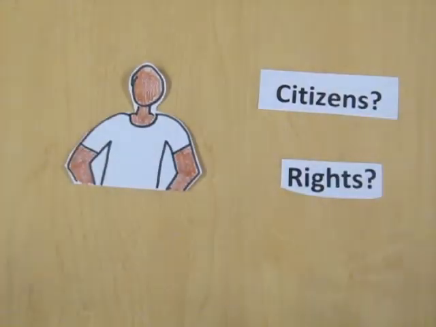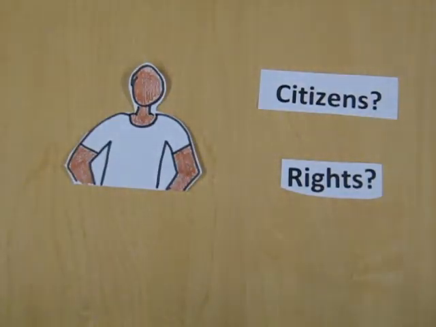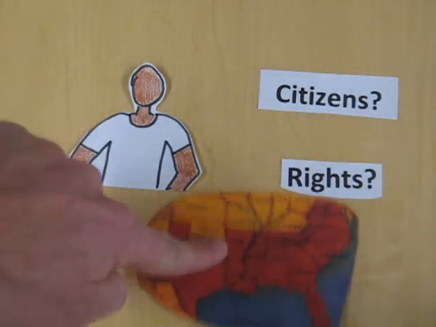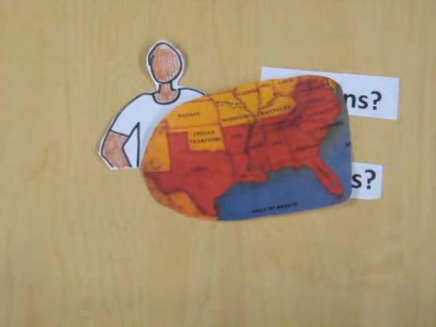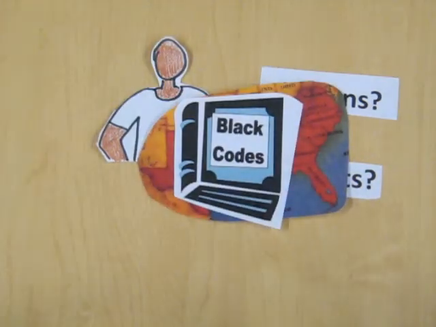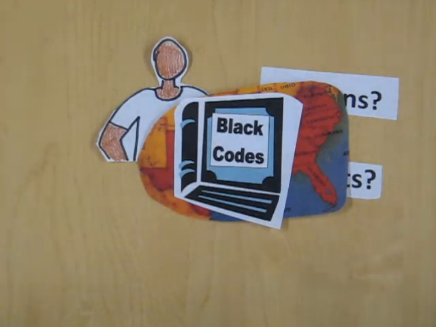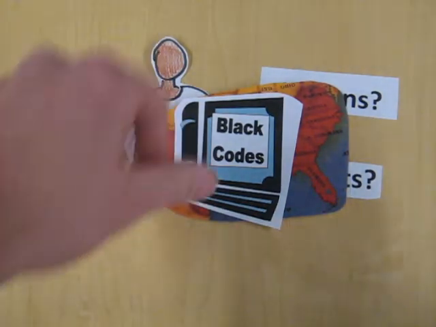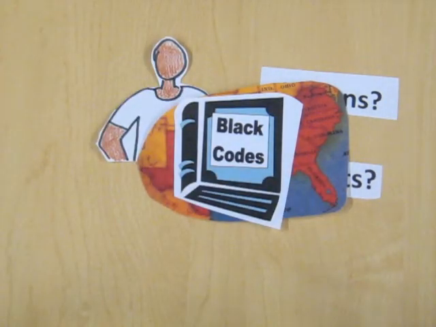What the 13th Amendment did not do was define the status of freed slaves. Were they citizens? Did they have the same rights as other Americans? In order to retain as much control as possible over former slaves, and to restore the political, economic, and social status quo, new southern state governments began enacting black codes. While these state laws gave freedmen certain legal rights, it also imposed strict race-based restrictions and made them second-class citizens